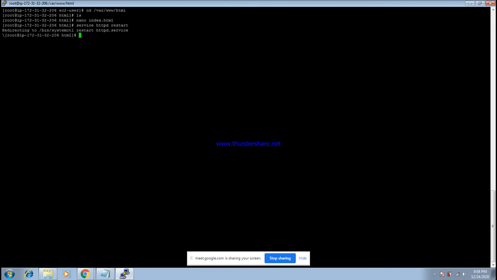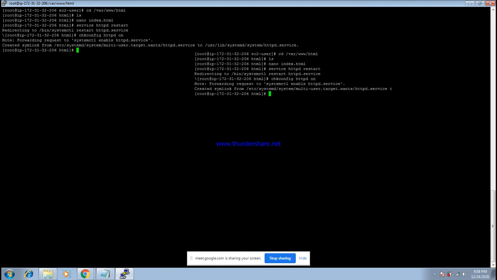Then I can give chkconfig httpd on, then enter. So the system forwards it to systemctl. So that my configuration is properly configured or not.